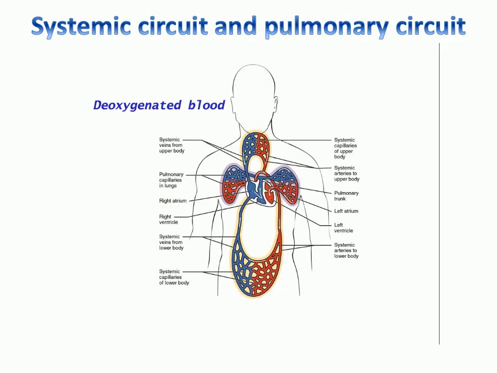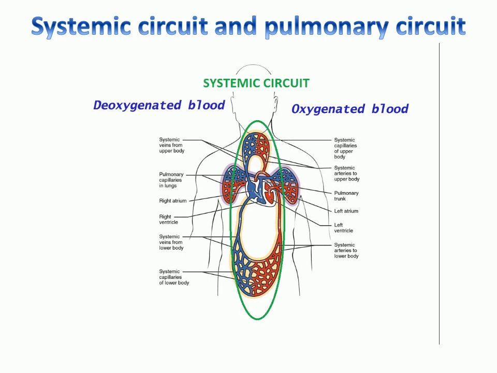The blood used by the body system returns to the right atrium of the heart via the superior vena cava and inferior vena cava. The left ventricle delivers the blood to all parts of the body for supplying oxygen and nutrients via the aorta. This relationship maintains the systemic circuit that transports the oxygenated blood away from the heart and returns the oxygen-depleted blood